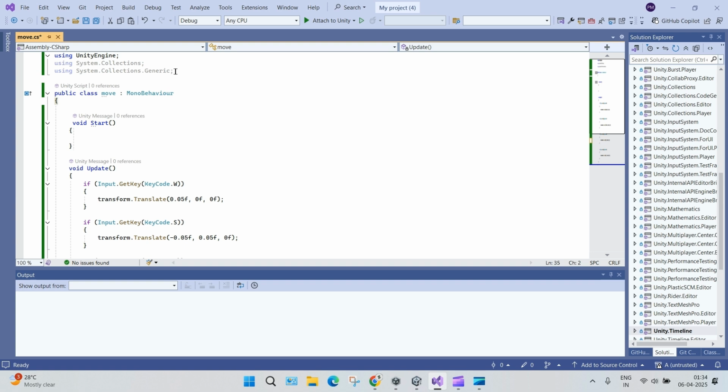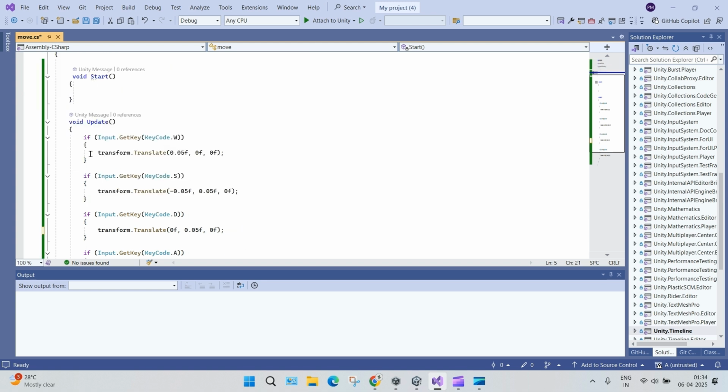We have imported some libraries, System.Collections and System.Collections.Generic. This library is installed by default, and now we need to specify that it is a MonoBehaviour type, and all the code will be written into the void Update, like if Input.GetKey